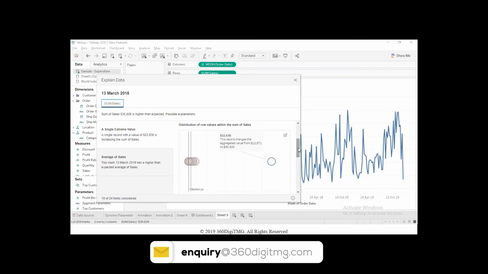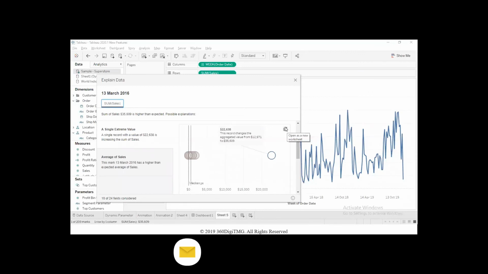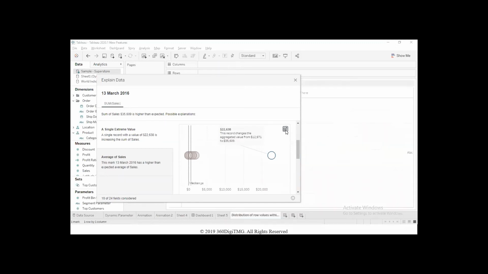Now, whatever Tableau has visually analyzed and presented to us, if you want, you can create a chart out of it. All you have to do is click on this worksheet icon, which says open as a new worksheet. And when you click on this particular observation which Tableau has made, it opens up as a worksheet for us. Look at that, a new worksheet opened up here with the visualization,